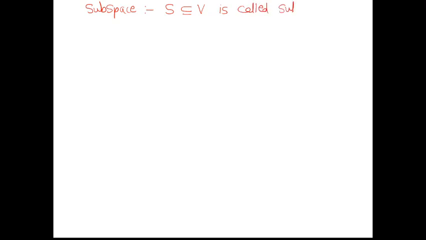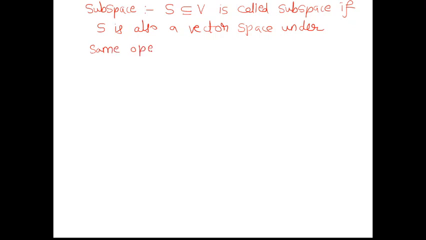if it is also a vector space under the same operations as in V. So what does it mean? What we have to check if the set is to be proved as a subspace. So in short, or in other words, what we can say